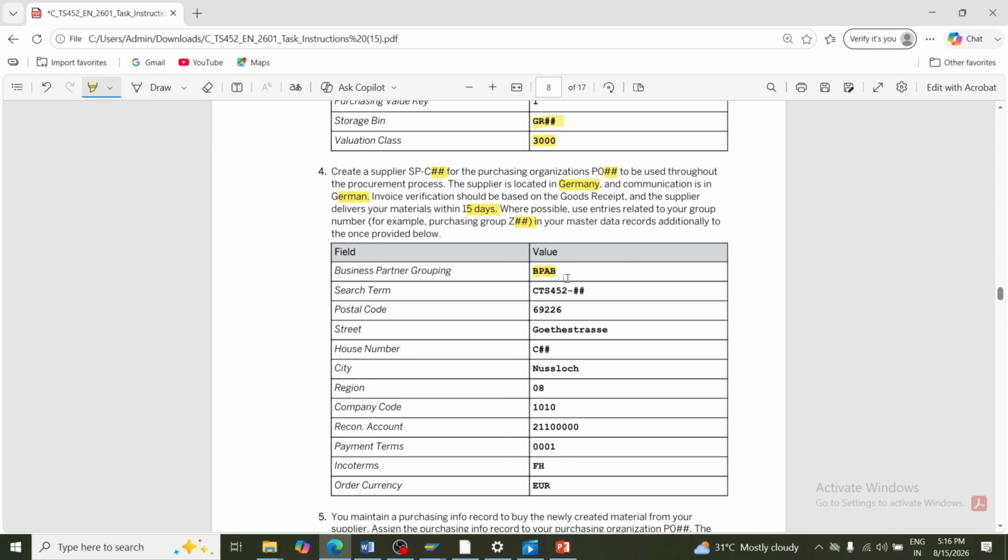Okay. Suppose we select BPAP and create a supplier, select a supplier, and the system has that while creating, CTS452 hyphen your group number has to be given, and postal code 69226. This is the street they have mentioned, and you also give the house number and city and region you should maintain. And now we are going to take this company code while selecting a supplier,